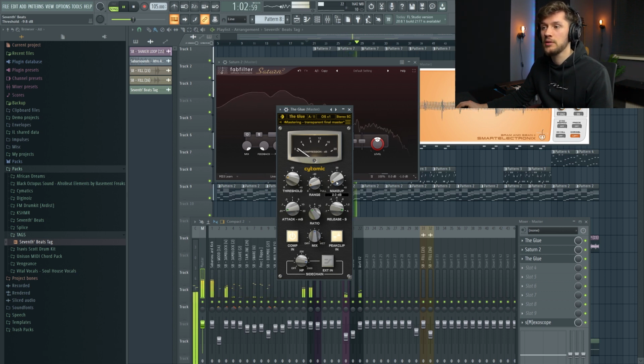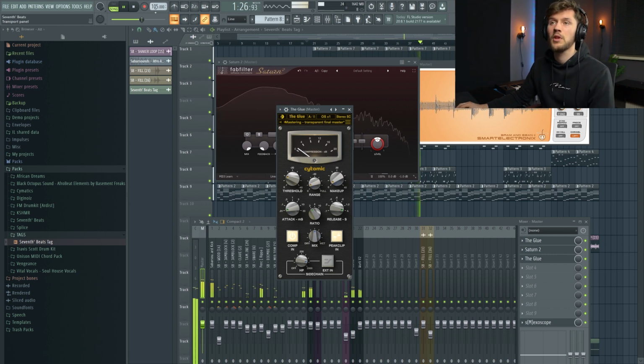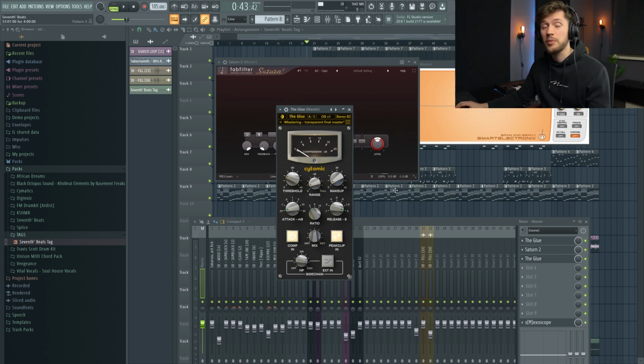Minus 1 dB. As you can see, when I turn this down, I will compress my kick. So just find the right spot. So something like this. So I think the compressing part is done, and right now we're going to add the